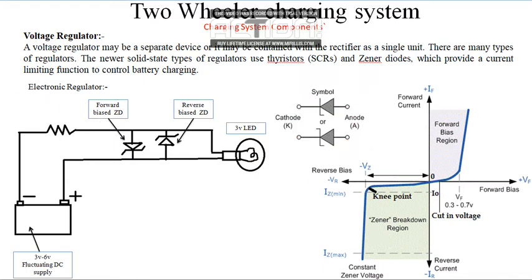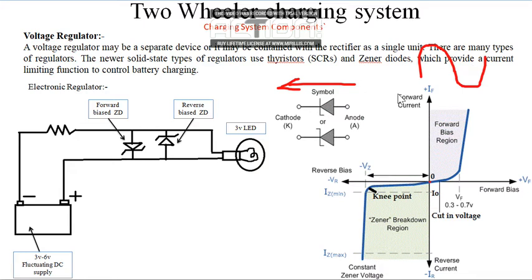So here first of all we must know the VI characteristic of our Zener diode. This is the VI characteristic shown on this side of your slide. On the y-axis we have the magnitude of current of the positive cycle, and this is the magnitude of current of the negative cycle. Similarly, here we have the voltage magnitude at the positive side and the voltage magnitude at the negative side.